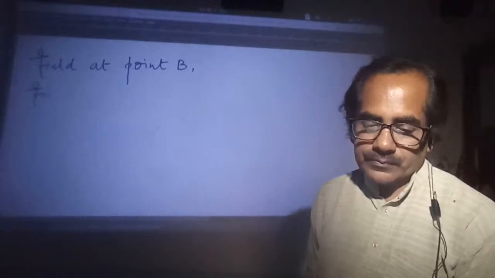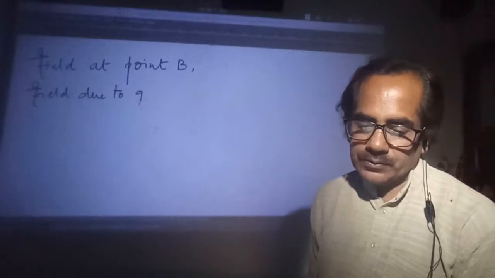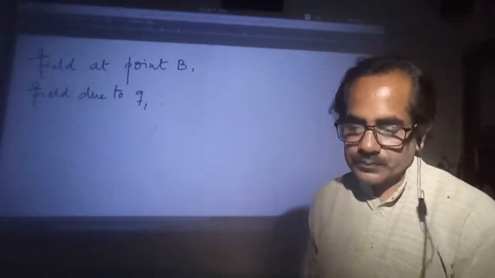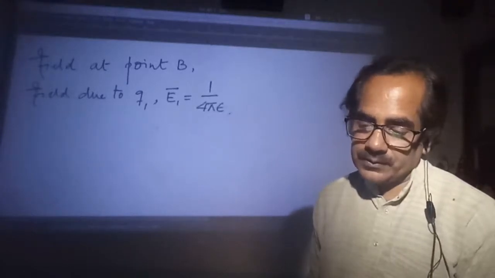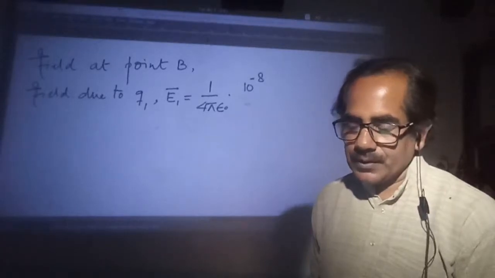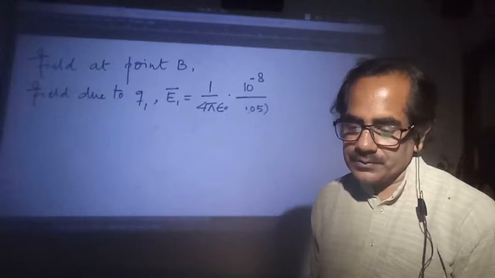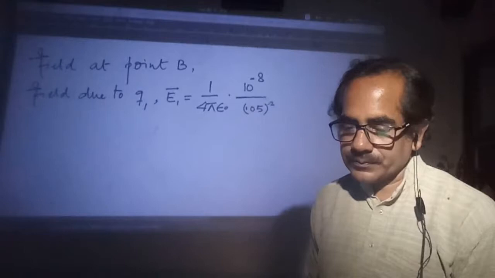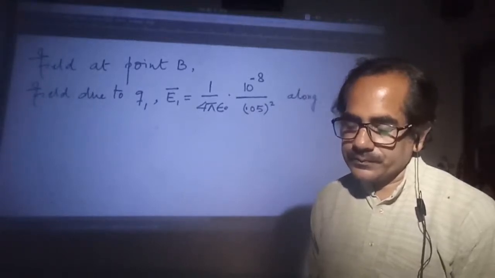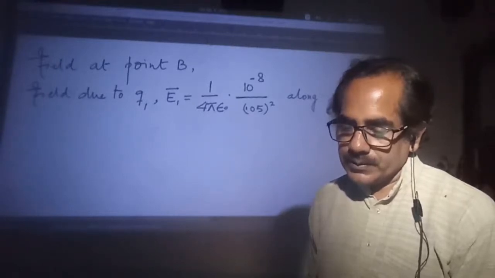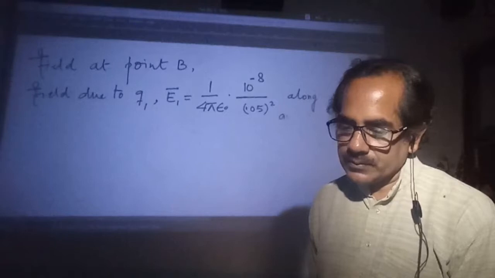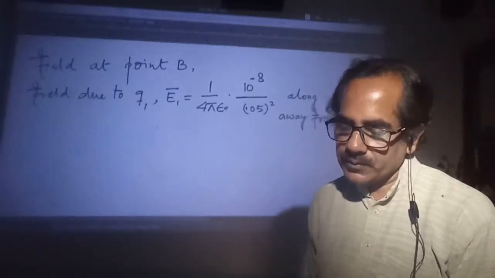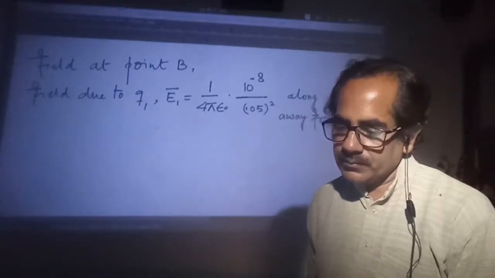You know, field due to Q1 is equal to 1 upon 4 pi epsilon 0 into 10 to the power minus 8 upon 0.05 as usual, whole square, along AB, that is away from Q1 towards B,